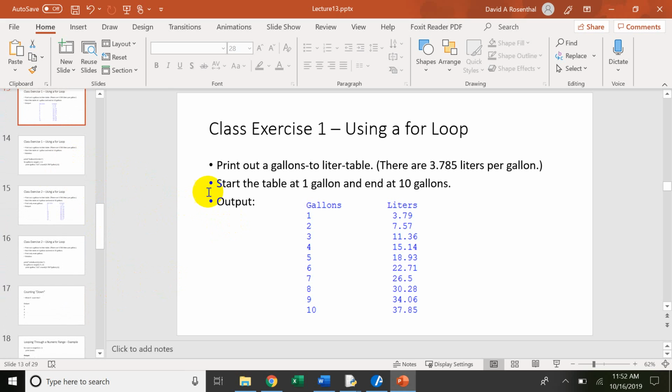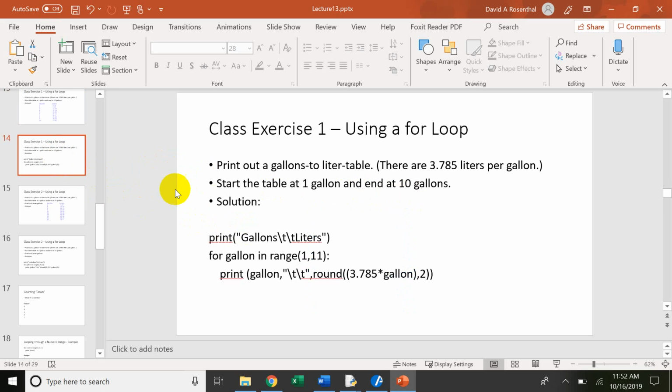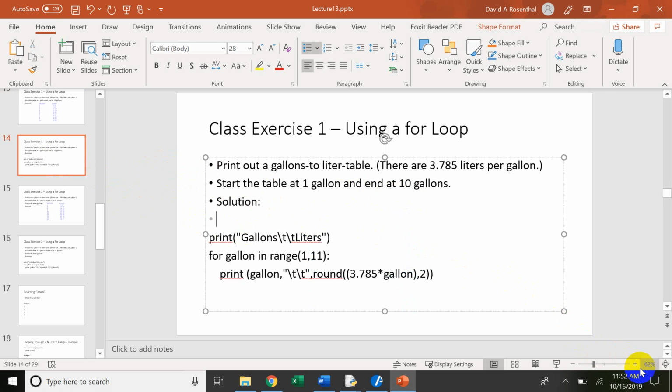So the cool part here is I want to generate the numbers from 1 to 10. I don't have to worry about having a variable and adding one to it in a while loop. All I need to do is create a for statement that's going to go in the range from 1 to 10, and now all I need to do, as this shows, is